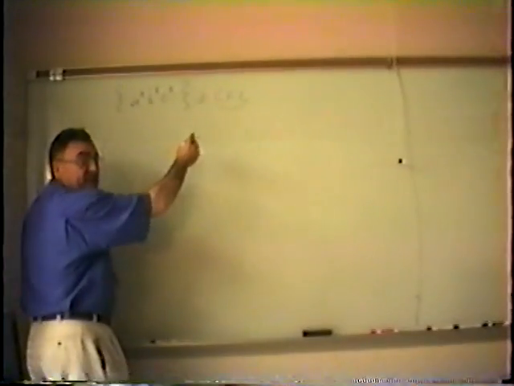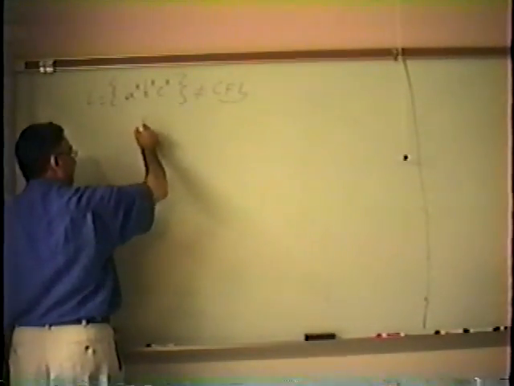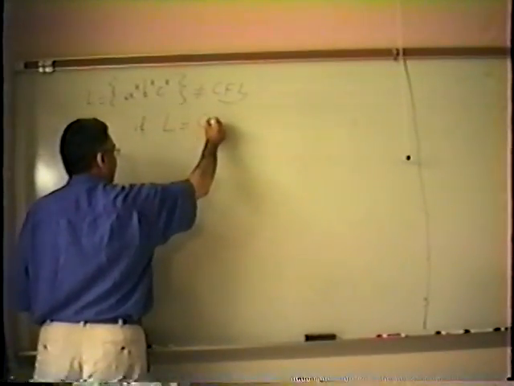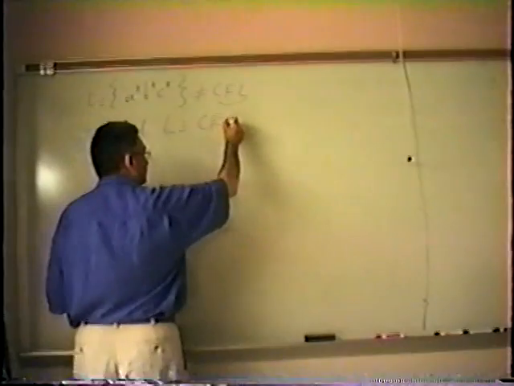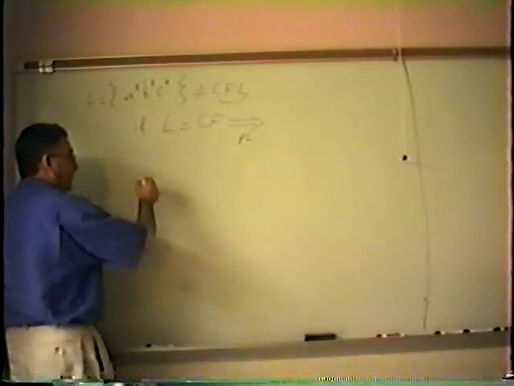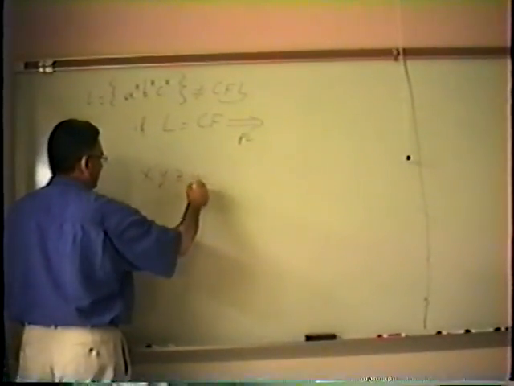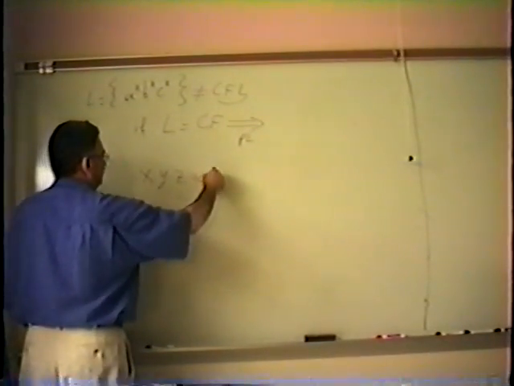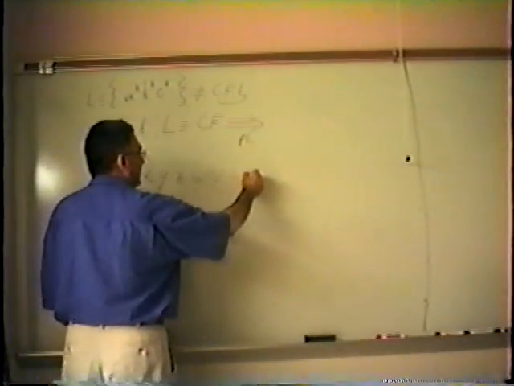If this was context free, then by the pumping lemma, I could find an x, a y, a z, a w, what should we call it, v, so that this is in the language,